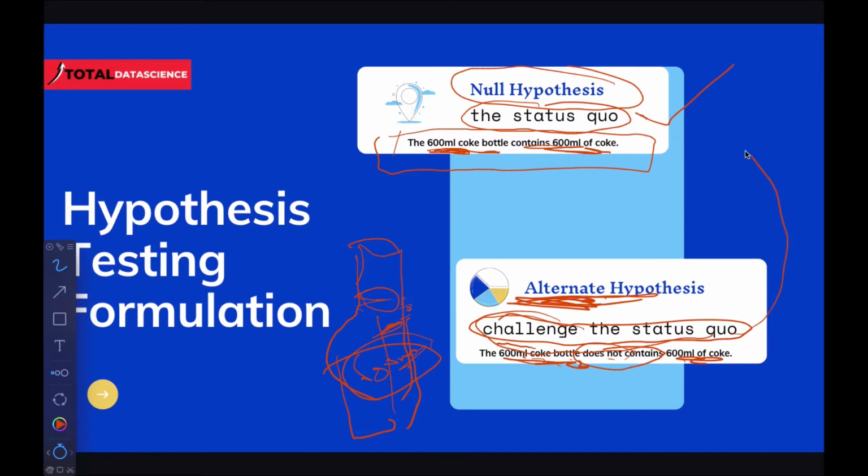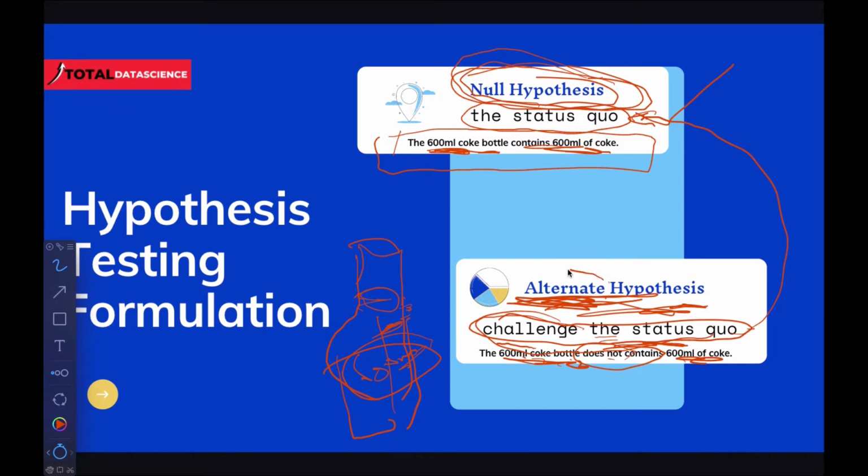That becomes a challenge to the original belief that people have, a challenge to the status quo. So that becomes the alternative hypothesis that we have. And this is the null hypothesis. It's null because there's nothing in there to actually